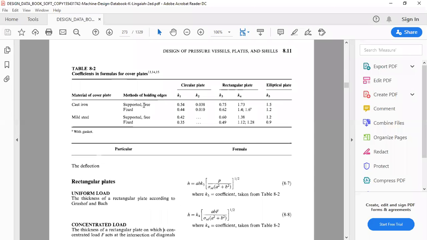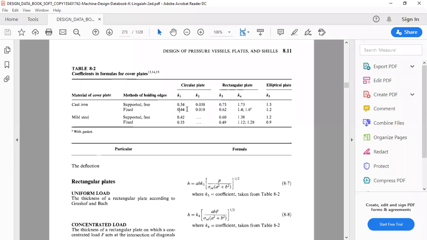If it is supported and free, then we have 0.44. And if it is fixed, we go with the K1 value of 0.44. You can see that on the data book.